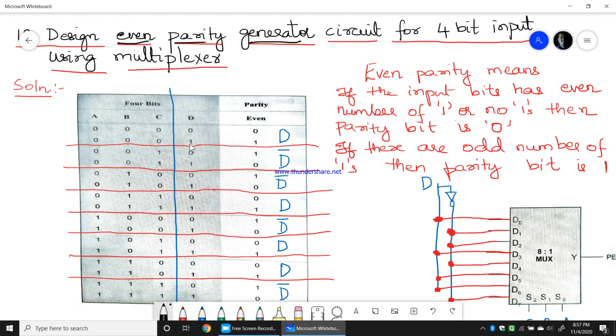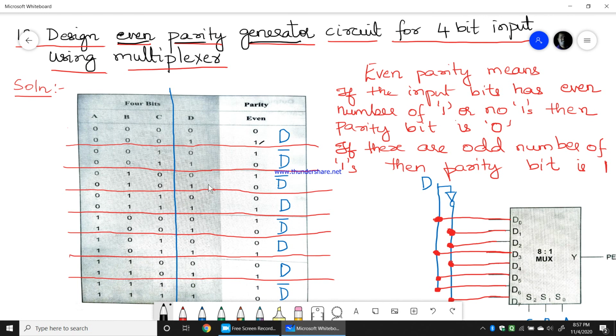When you have an odd number of ones in the inputs, see here you have 0 0 1, only one 1. Here also only one 1, here you have 2 ones, so this is even. So odd number of ones, even, even, and 3 ones is odd. So an even number of ones will have 0 as the entry, and if there are no ones also 0 will be the entry, and if you have an odd number of ones, then the entry will be 1.